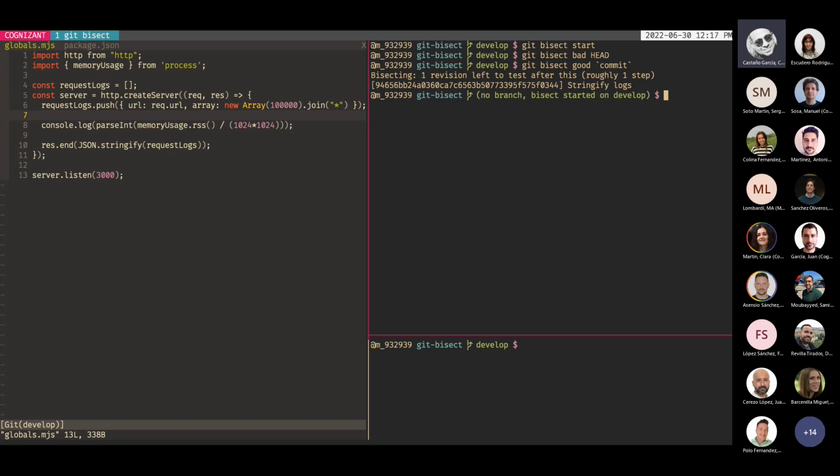Now you have the repository in Git Bisect mode, and now it's just missing telling Git to run a script. In this case, it's a load test script. So I'm saying git bisect run, and the script we want to bisect, in this case npm run load test. So what it's going to do here is